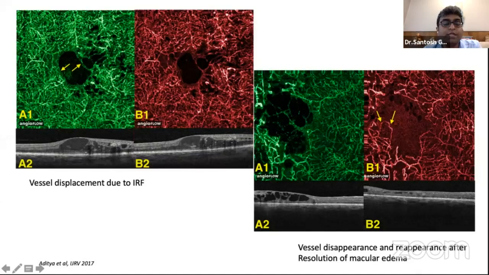And there's another phenomenon that can happen when there's a macular edema. The vessels do get displaced over a period of time. They get pushed because of the intraretinal fluid. So we can see the disappearance of the vessels, then again reappearance of the vessels. We can see the vessels were not there here, but after the edema resolution, we can see the reappearance of the vessels. So this doesn't really mean that there's a vessel loss or macular ischemia, but we need to look at the scans when there's a return of macular architecture.